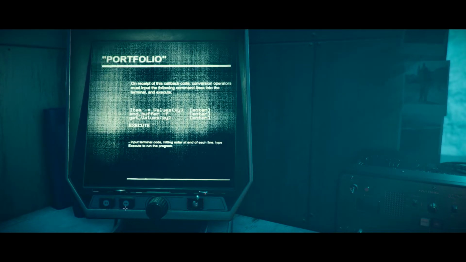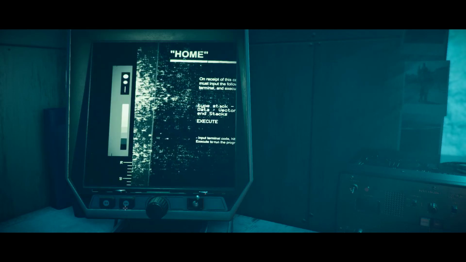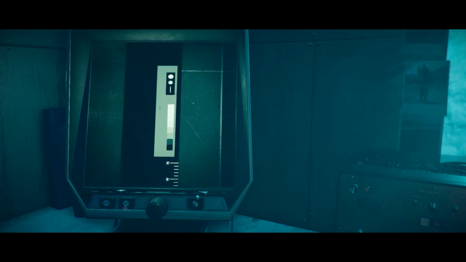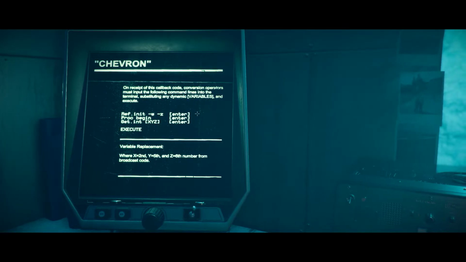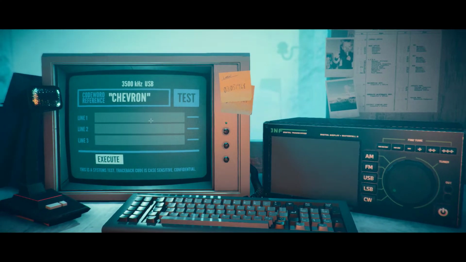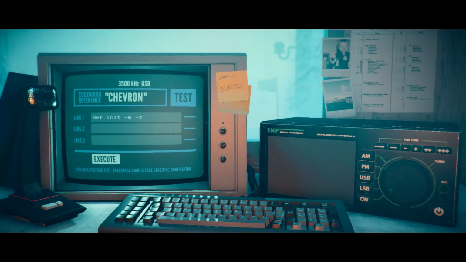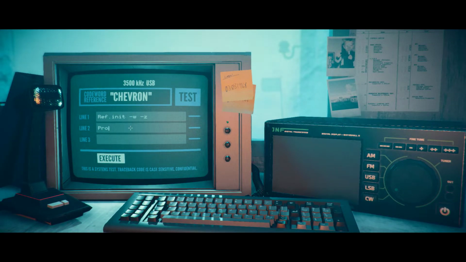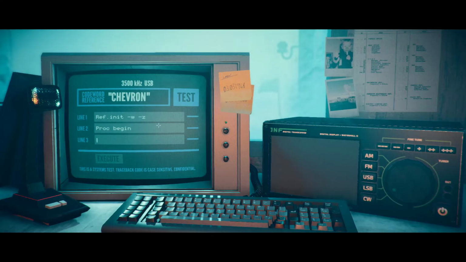Then go all the way over to where it says chevron. There we go. And it says ref underscore init minus w minus c. Ref dot init minus w minus z. And then proc begin. So, in. And then get dot int xyz. So get dot int